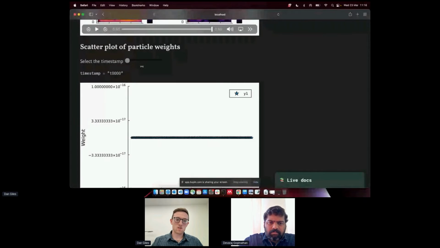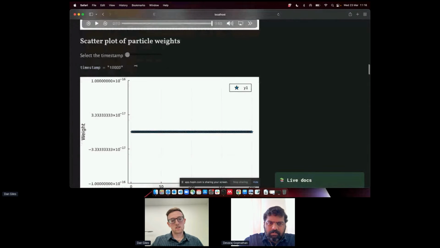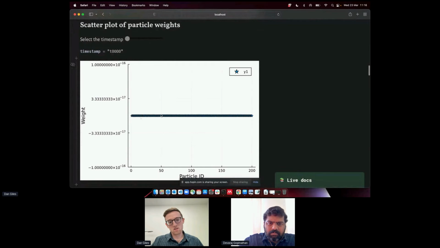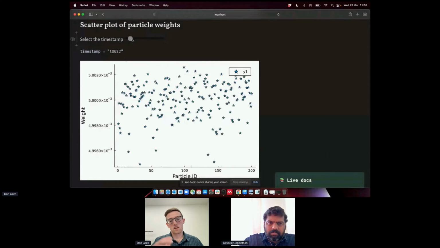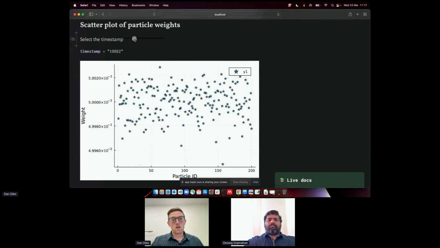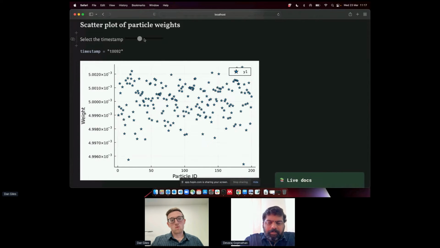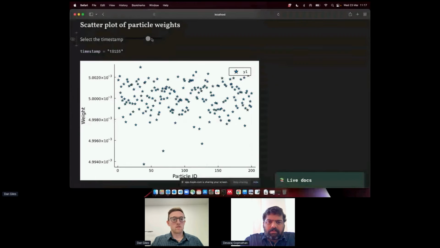As I said, there are 200 particles in this example, and initially they're initialized with all the same particle weight. But as time goes on, we see that different particles will have different weights, and the weights are calculated based on the observations themselves. So you can see that in this case we have quite good performance, because what we